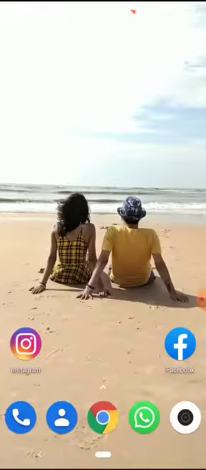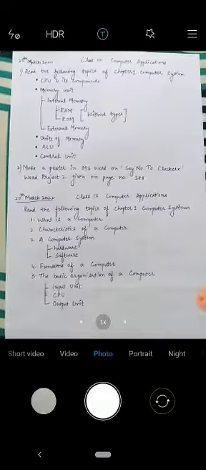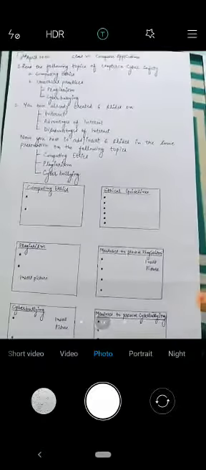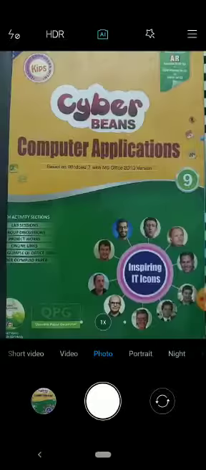Or if you want to click pictures through your phone's camera, so just click it through your phone's camera. And this is the another one. Okay, let me take a picture of this book. So these 2 pictures I have clicked.